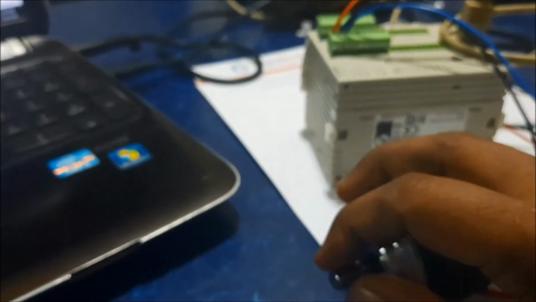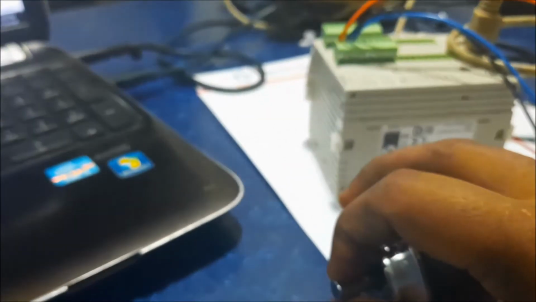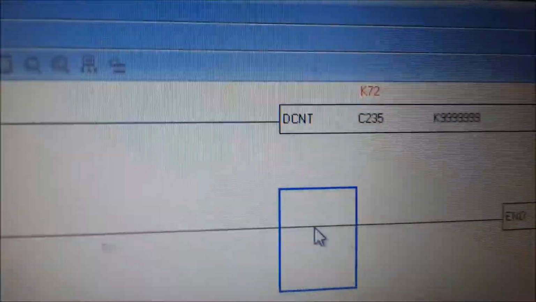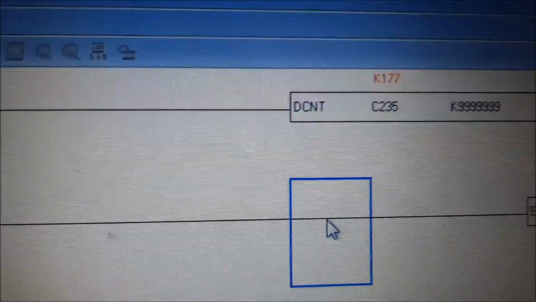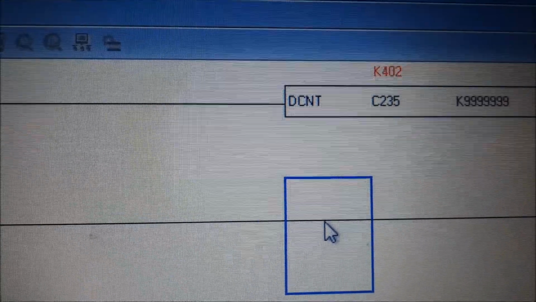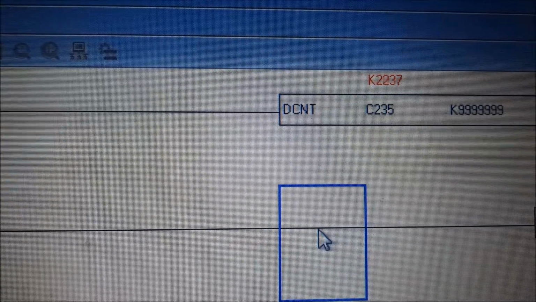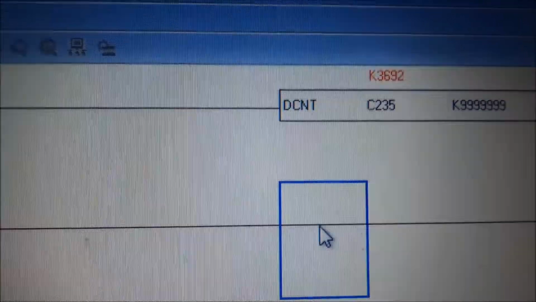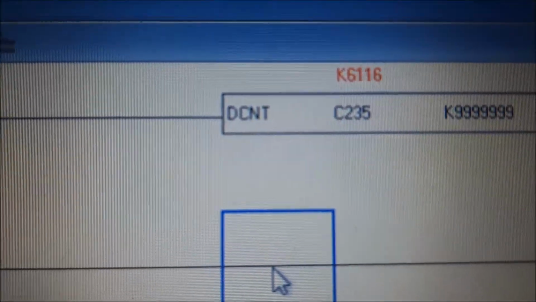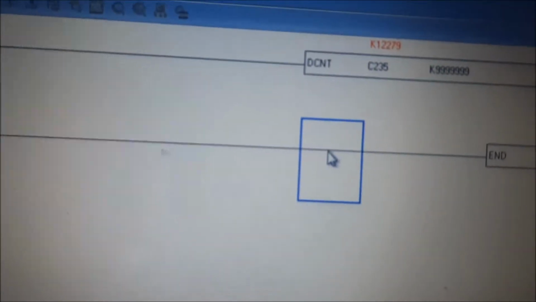See, I am rotating the shaft. The value is increasing here. I am rotating the shaft here. So this is the single phase, meaning only one direction we are taking.